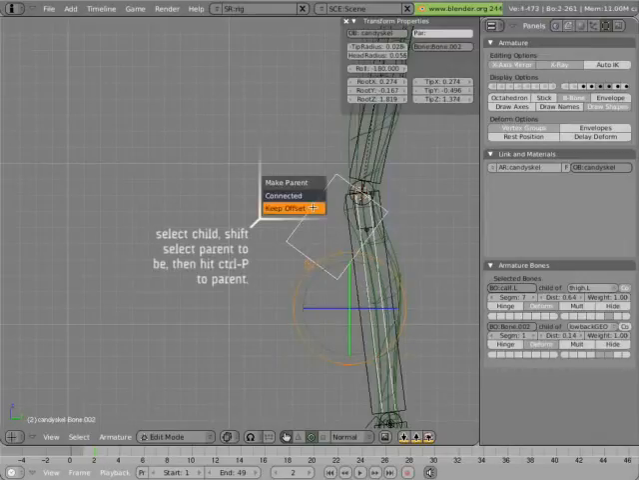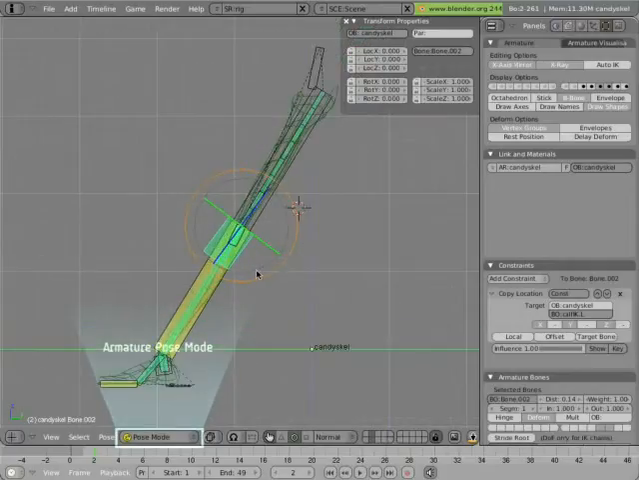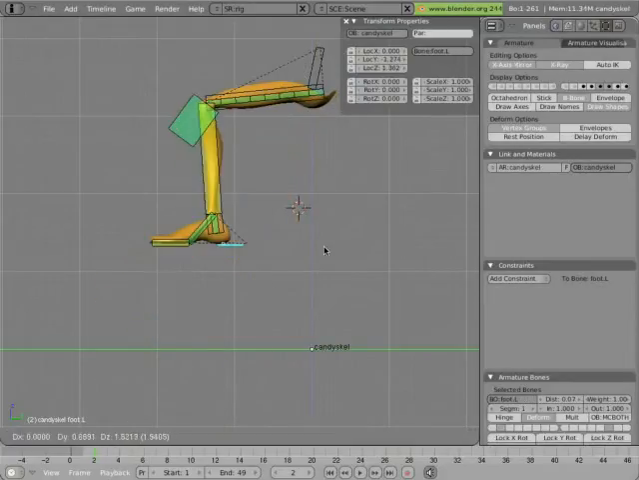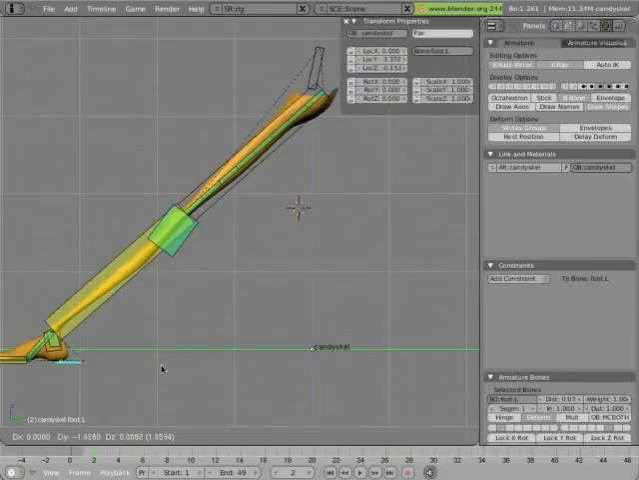Because this bone isn't scaling, we just select this bone and select this new bone. Control P, keep offset, tab, and whoa, it's behaving all of a sudden. So we have a stretchy calf,